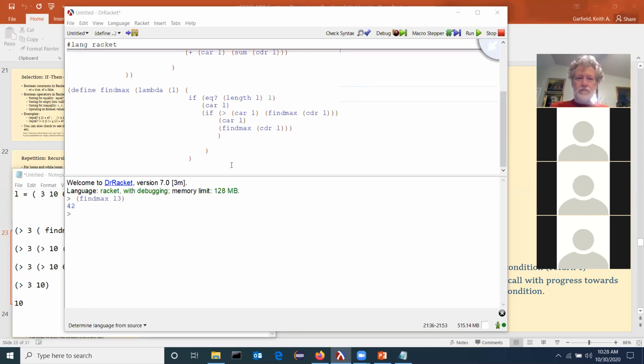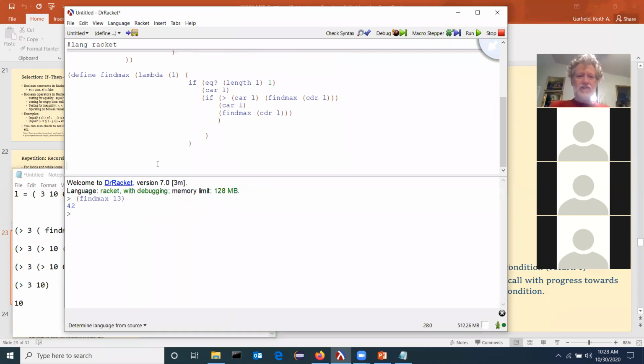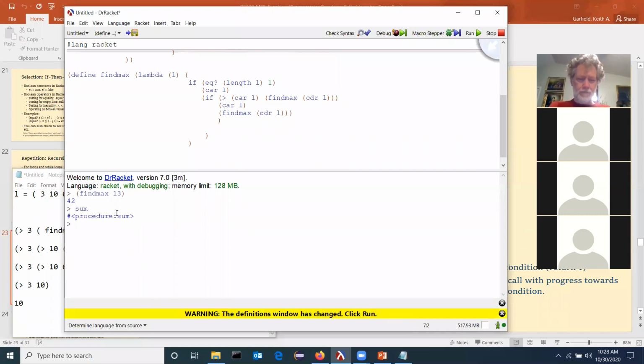So the biggest sum. We could do this a couple ways. Here's how I would do it. Since we already have sum, let me check and see if this works. We already have sum, and we know how to perform sum on an individual list, right? Except I need to have a list that I defined already. There we go. So what if I did this? What if I make a list out of